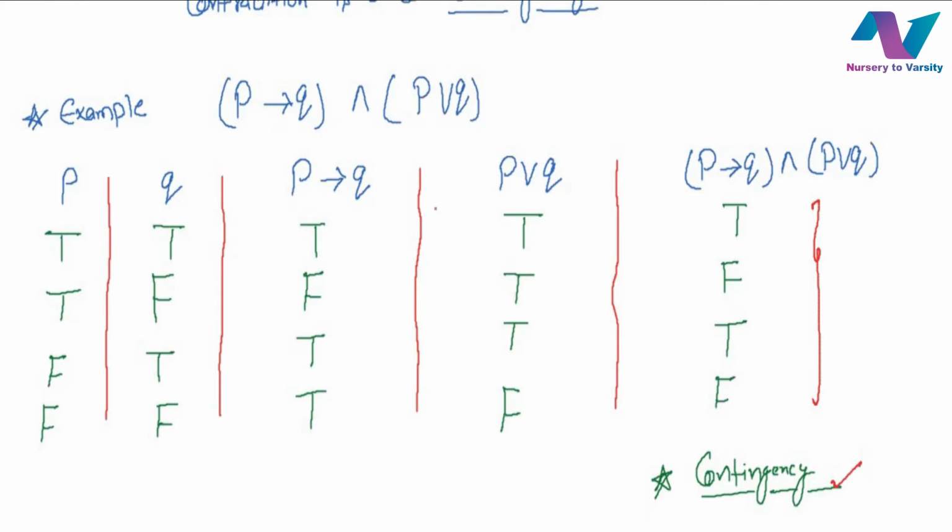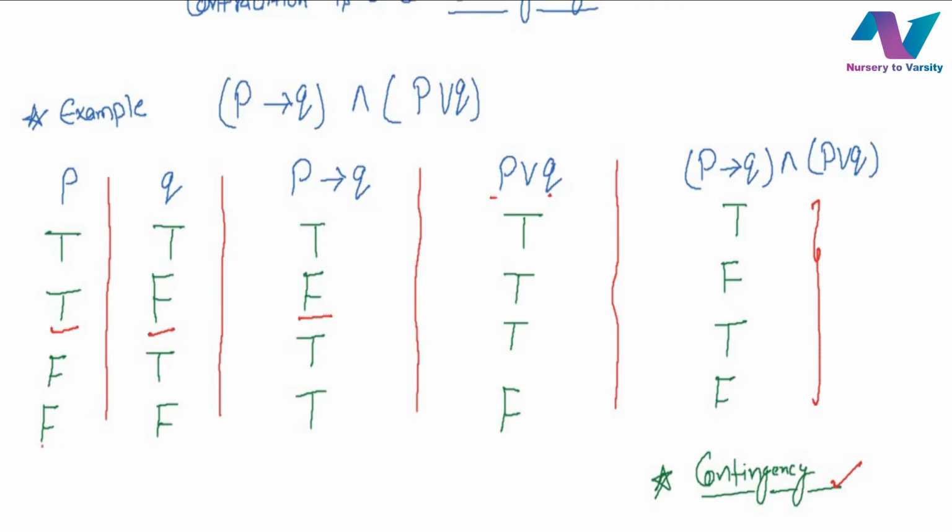And again, regarding the implication table, we can remember that if we have true on the P side and F on the Q side, then we get a false statement. So while solving contingency, contradiction, and tautology, we should remember the truth table of implication. Now for P or Q, we know that we get true if at least one of the values of P and Q is T on either side.